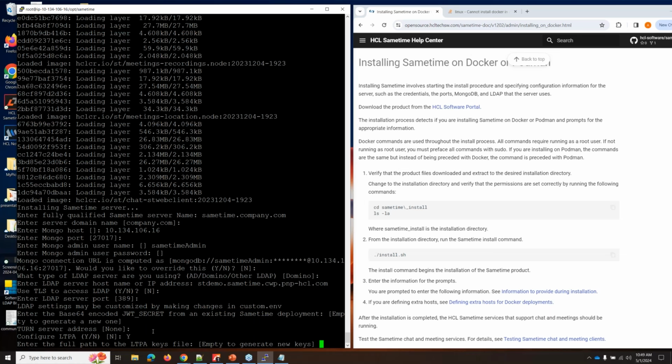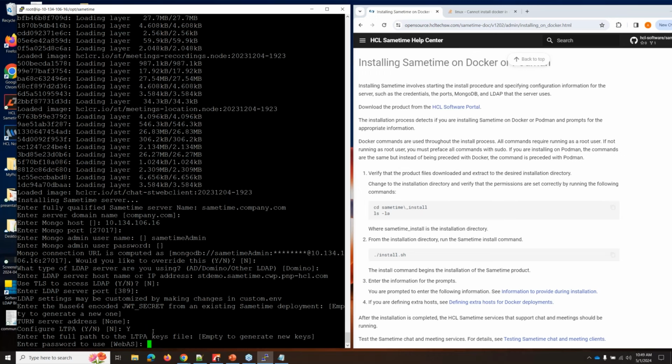It will prompt you for the password to validate it, and it will move it to the correct location. Otherwise, as in this case, I'm going to generate new keys, and we use